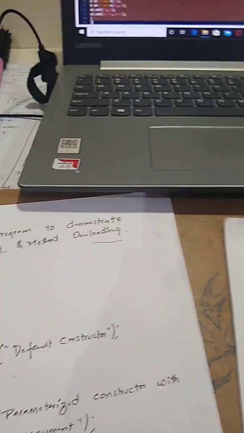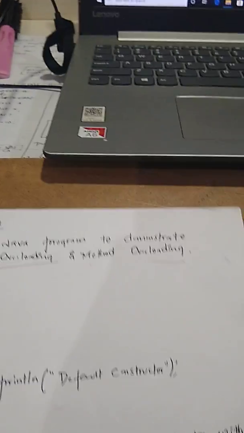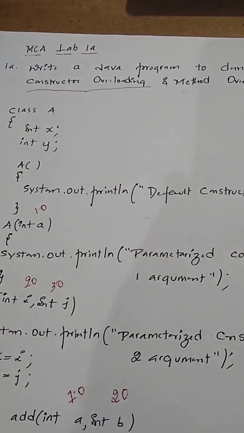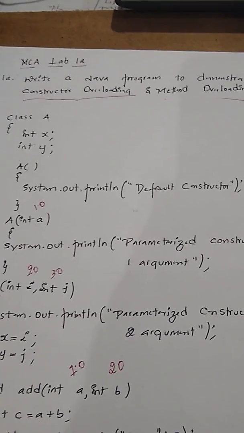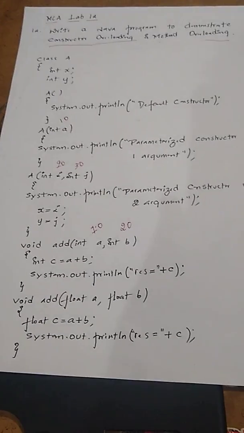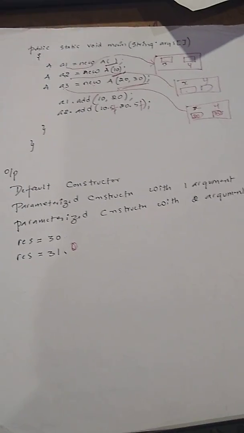Even if the functions have the same name, it will differentiate based on the data type of the parameters or the number of parameters. That is called constructor overloading or method overloading. Okay, so just copy this program along with the output in your